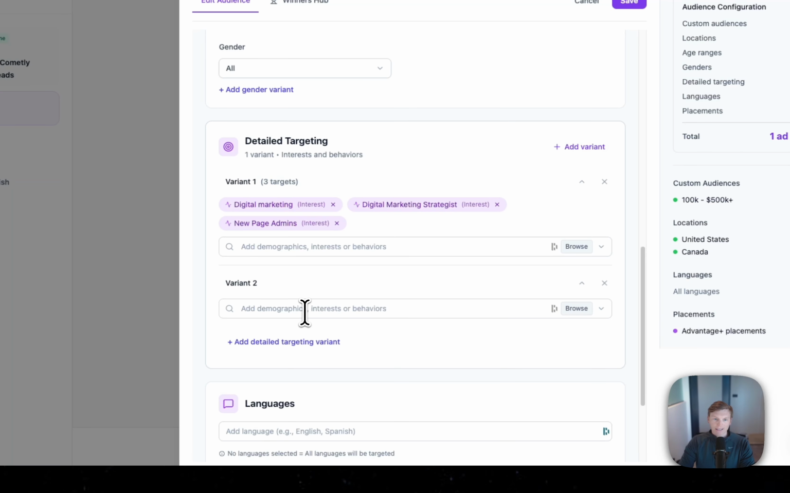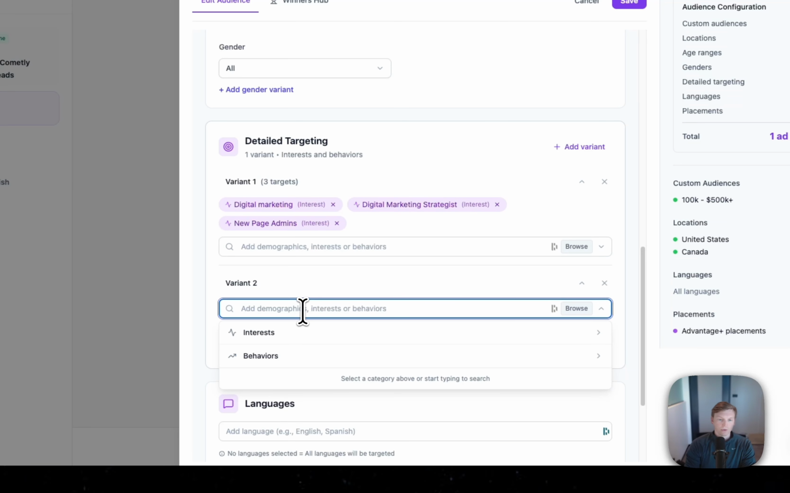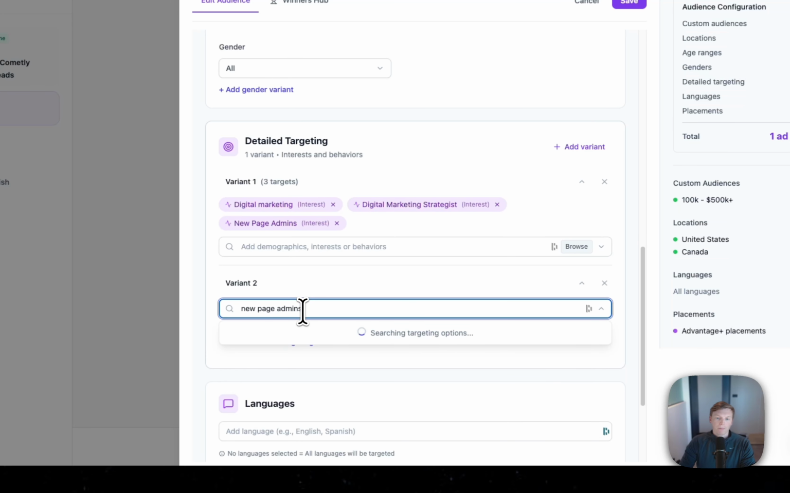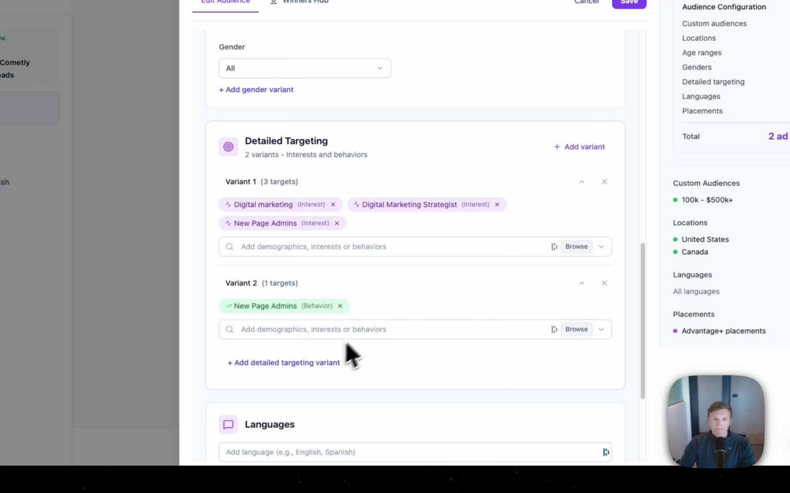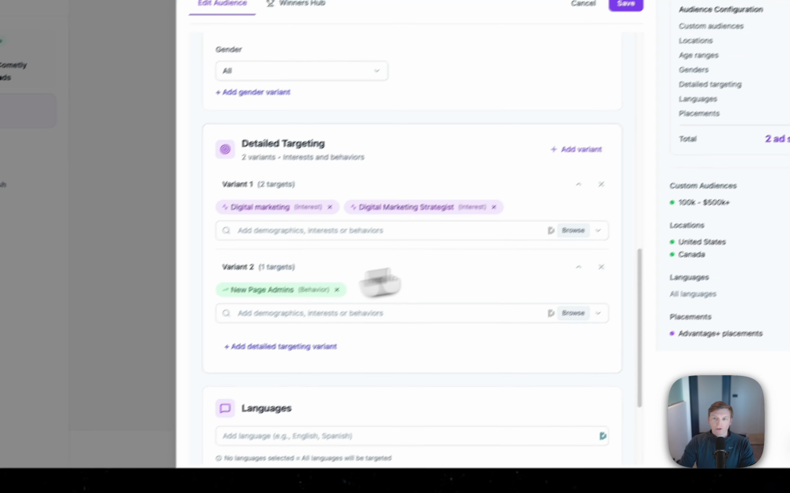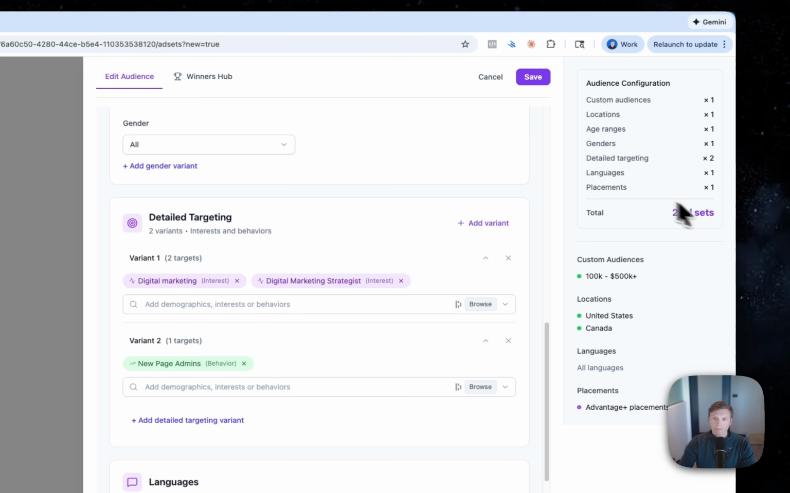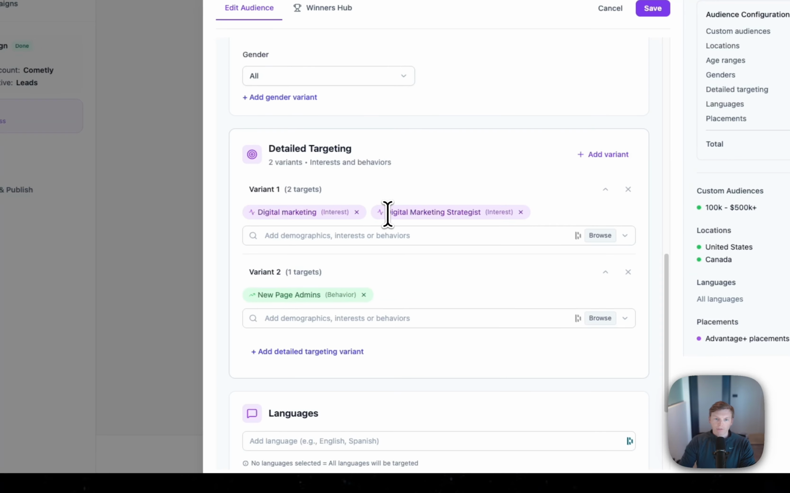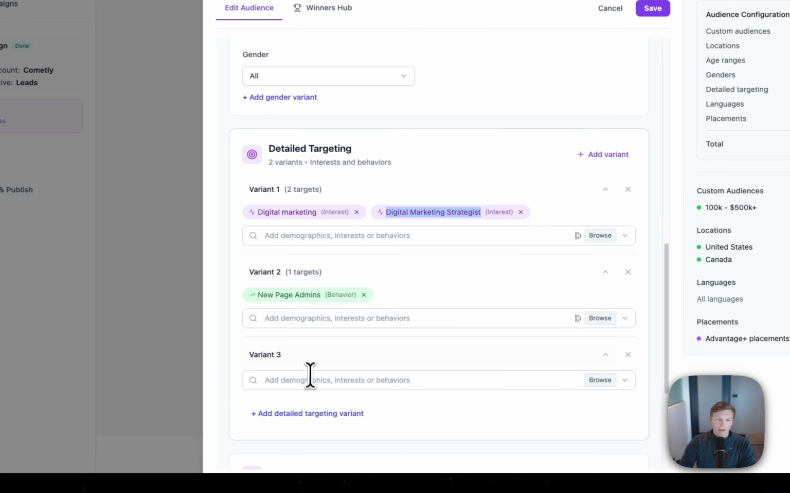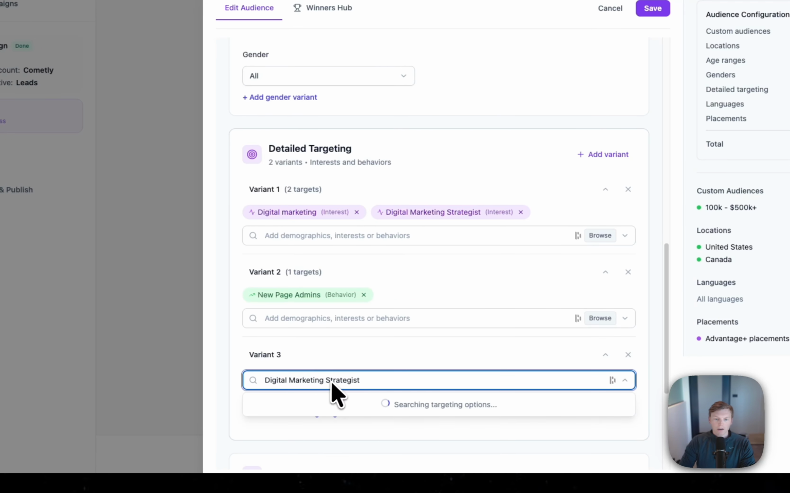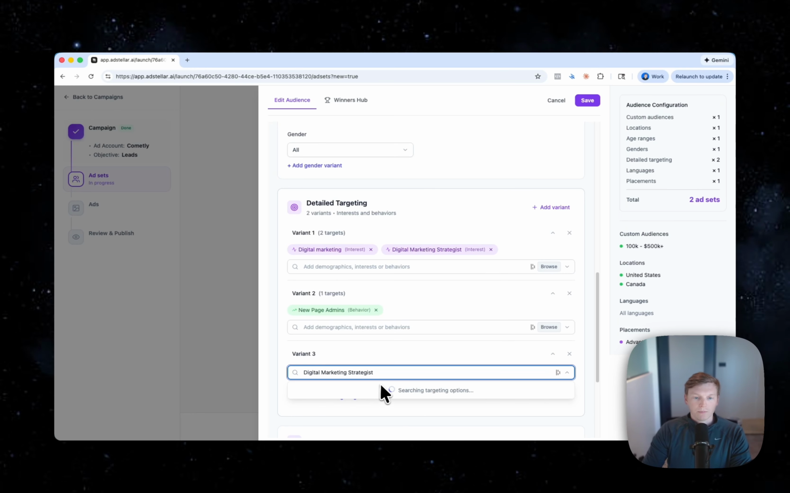When I click this, and then I come down here, and I do New Page Admins, okay, and I add this here, and then I get rid of it, you'll notice here now we have 2 ad sets. Why? Because this is a new variant, okay? We have 2 detailed targeting variants, okay? Same thing here. If I want to take this, okay, come down here, put it down here, do a space,